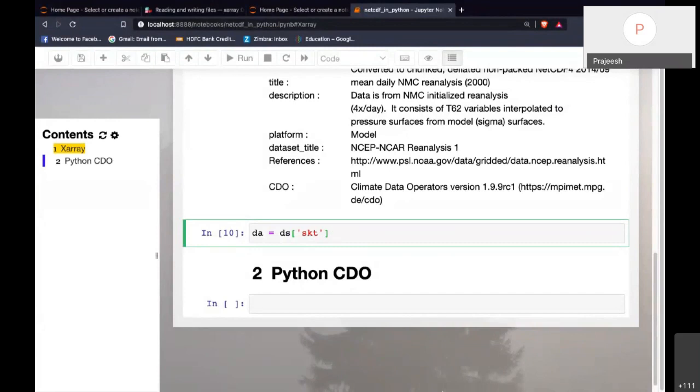Okay. If it is too blurry, I mean, it's not at all clear. Okay. Yeah. Okay.